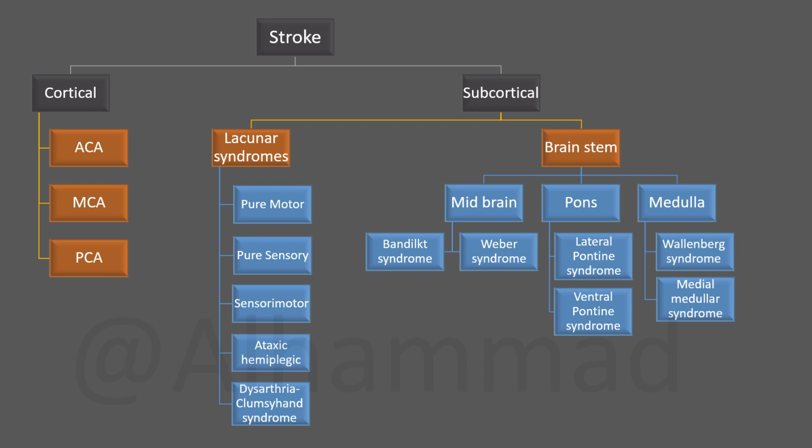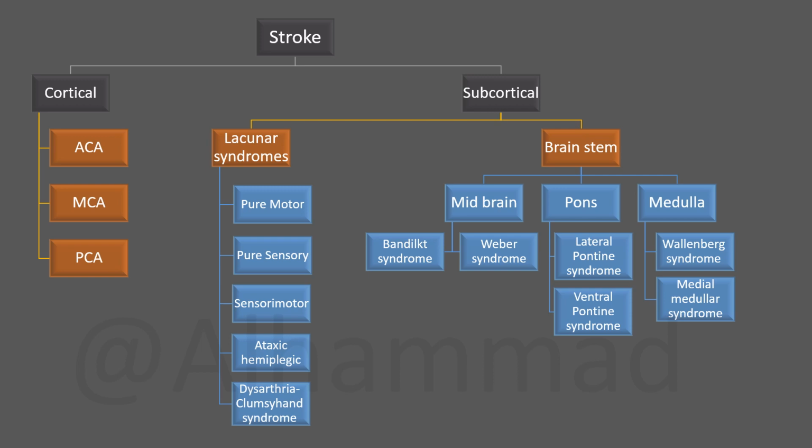Cortical signs are signs that are specific to the presence of cortical infarction in any of the brain lobes, which are aphasia, usually if the dominant hemisphere is involved, either the frontal Broca's area or the temporal Wernicke's area involved,